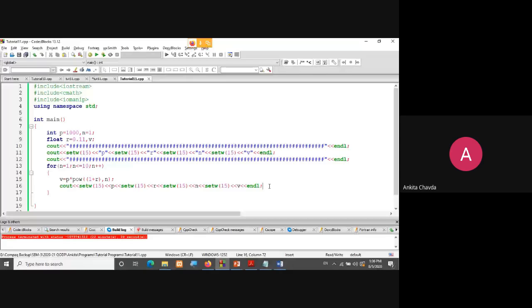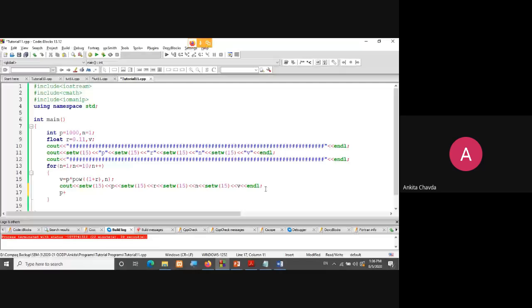Then after this line, I need to increment my principal amount by 1000. What I need to write is p equals p plus 1000, and with the shortened operators I'll write p plus equals 1000.